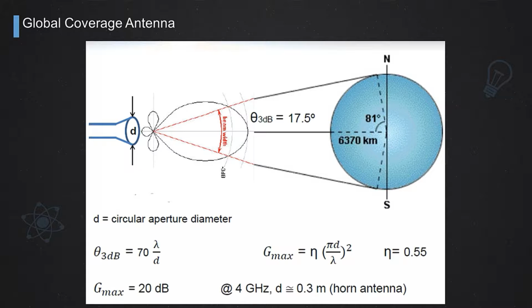So this would be what we call a horn antenna. It's a very simple feed. It doesn't even need a reflector. In fact, it's very small. With such a small feed, we can cover the complete one third, let's say, of the surface of the Earth and get a 20 dB gain, which is not a negligible gain. Of course, as we said, we need 3 satellites to cover most of the Earth.